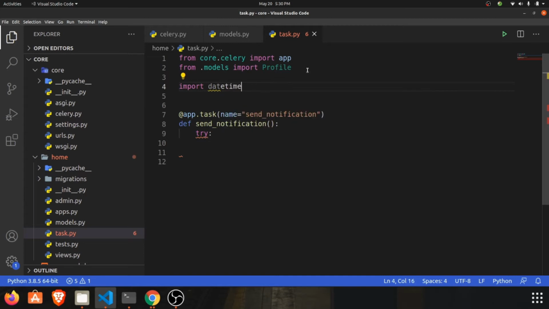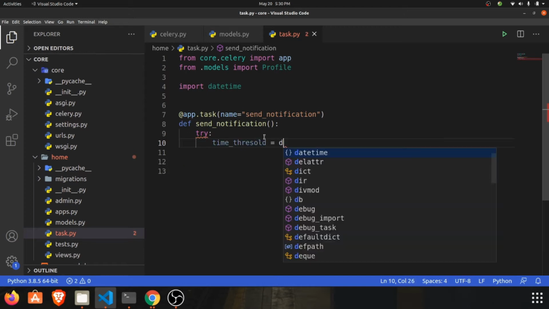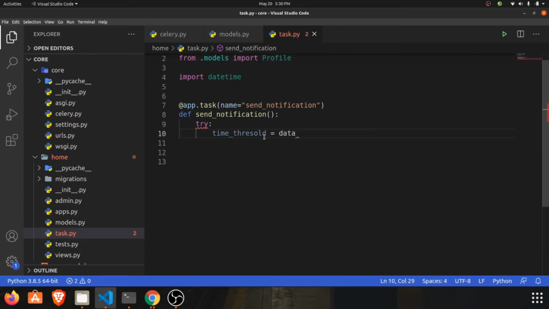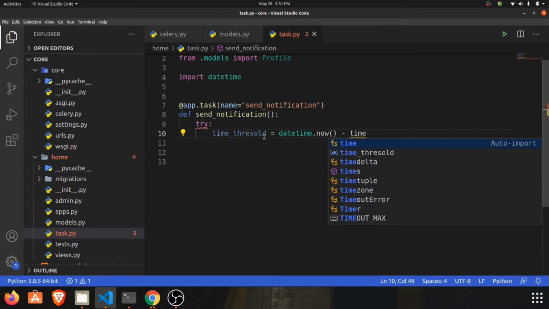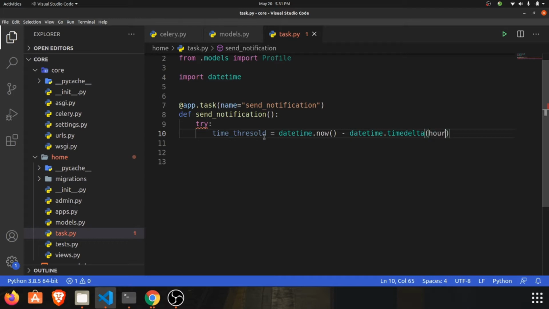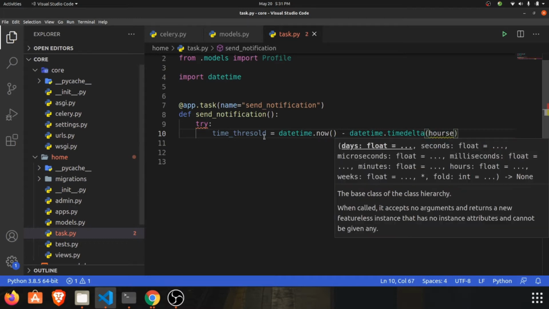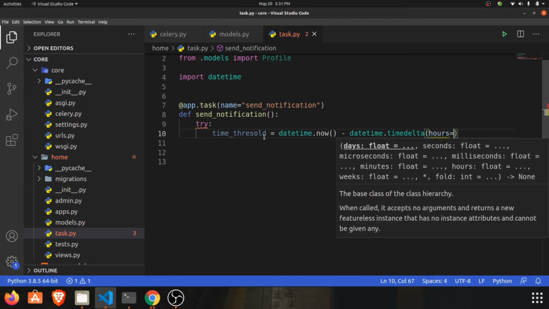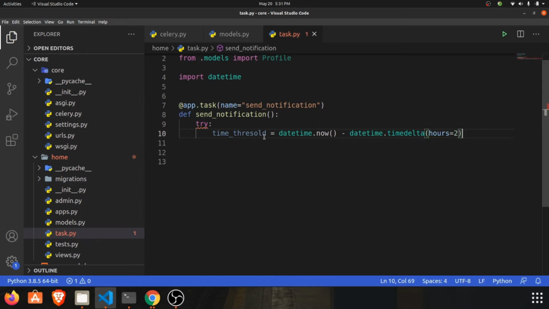Let's import datetime, and we need to create a variable time_threshold, which is datetime.now minus timedelta, and we pass hours equal to 2.